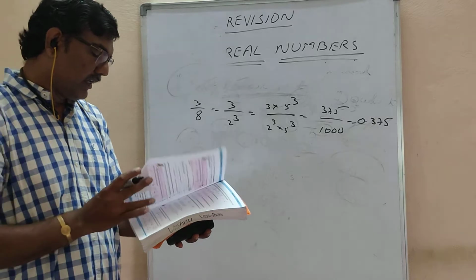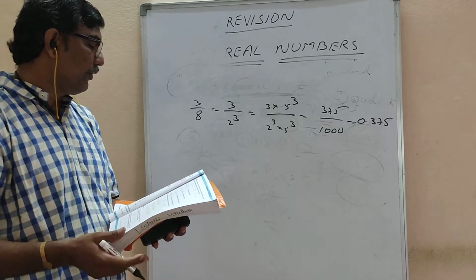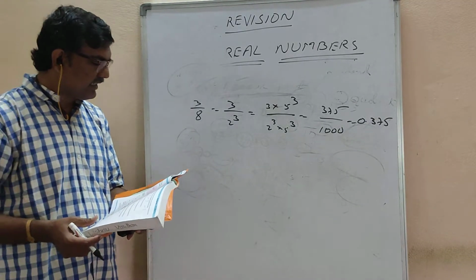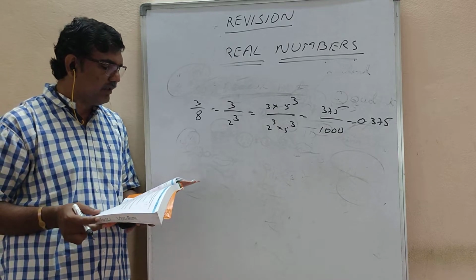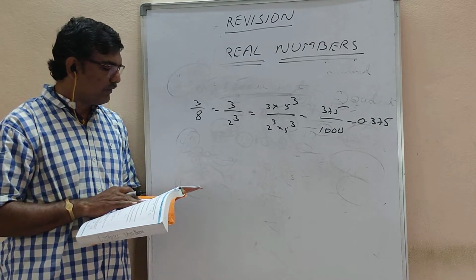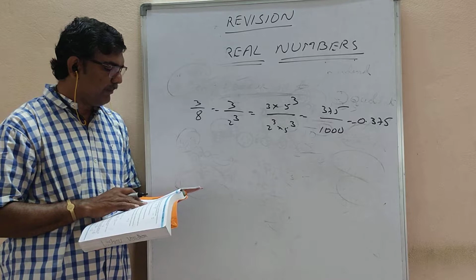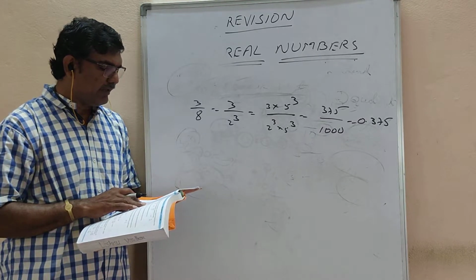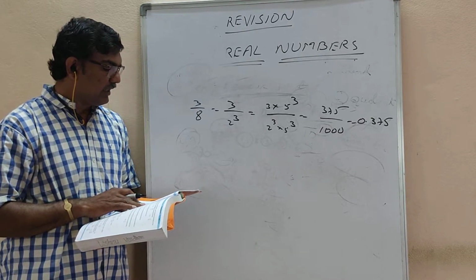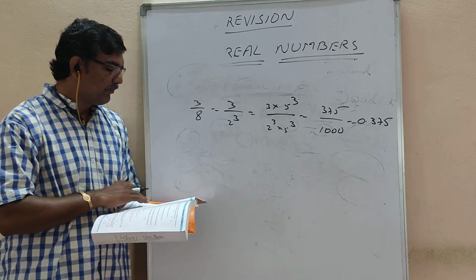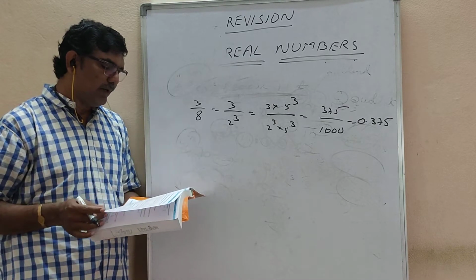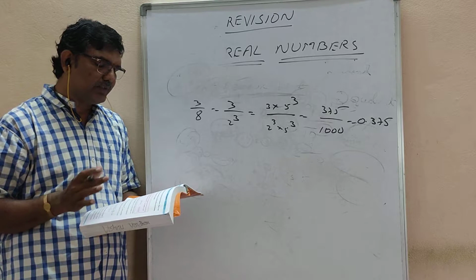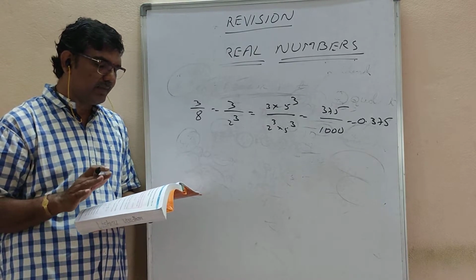Okay. Next theorem 1.4. It is nothing but let x is equal to p by q be a rational number such that the prime factorization of q is in the form of 2 power n 5 power m, where n and m are non-negative integers and x has a decimal expansion which terminates. Theorem 1.3 and 1.4 are maximum same, given is different, that's it.